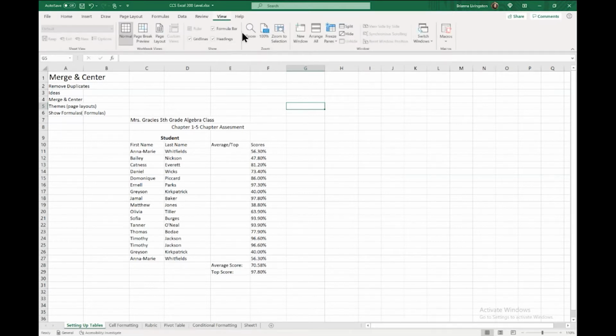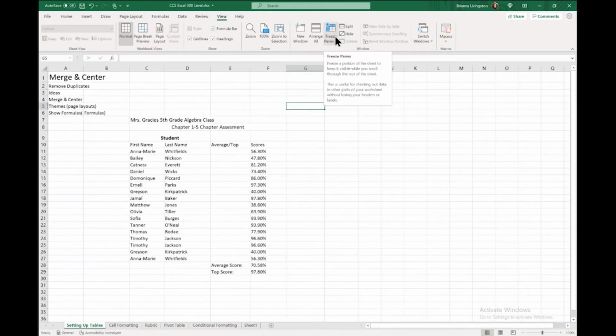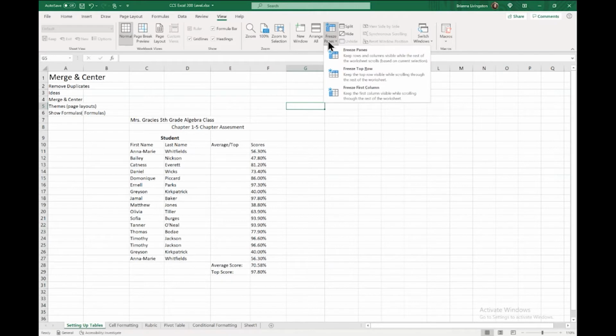Okay. And then finally, your View tab. This changes the way you want to view things. Freeze Panes, I'll see if I can fit in time for that, but Freeze Panes is cool if, let's say, you have many rows of data and you have headers. Freeze Panes will freeze those headers so that as you scroll, they're still visible.